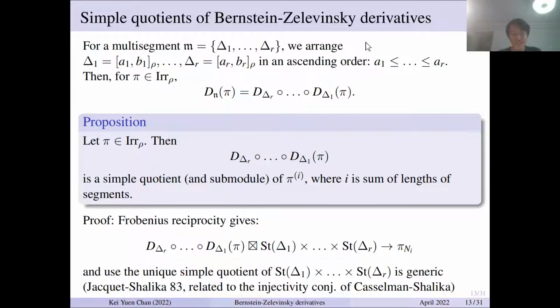This is our main focus today. Such a thing is a simple quotient of pi. Of course, if this is zero, then there is nothing to say. If this is non-zero, then when we arrange in such a way and then do the derivative, there is a simple quotient of